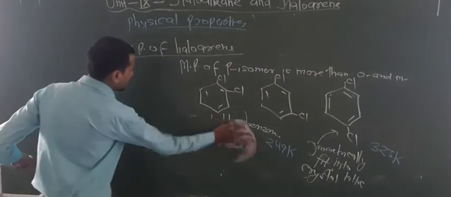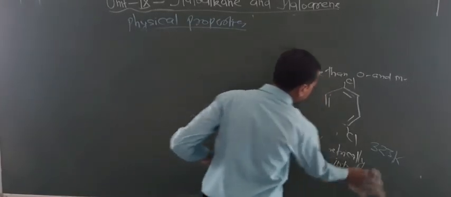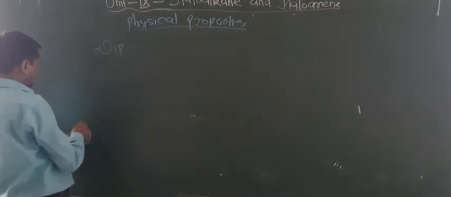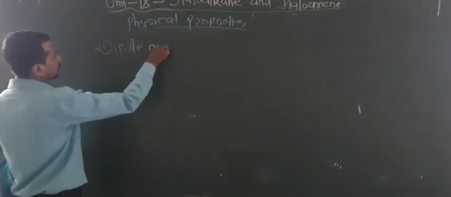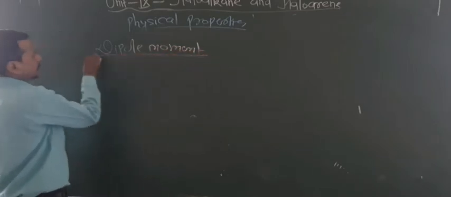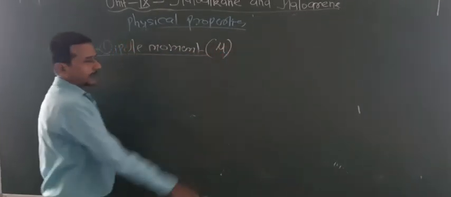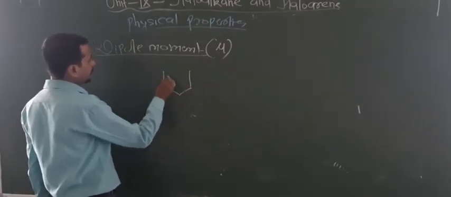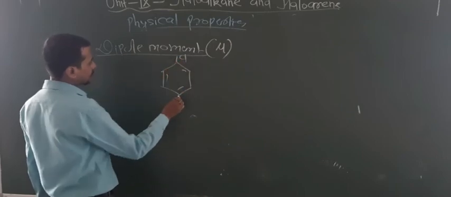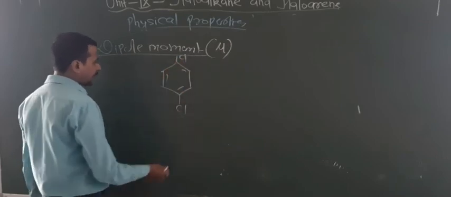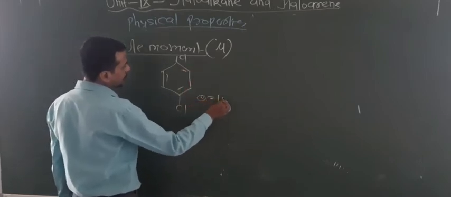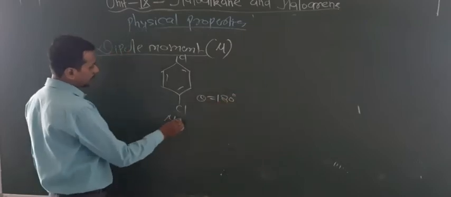Now students, let us focus on the dipole moments. This is also very important. So look at here about the dipole moments. The next property, dipole moment, is also very important. The symbol of dipole moment is mu. So look again here, the para has 0 dipole moment. Basically the theta is 180 degrees, so that's why this has 0 dipole moment.